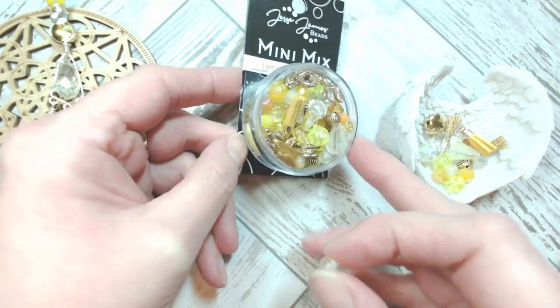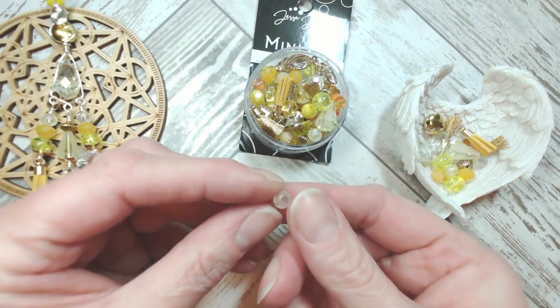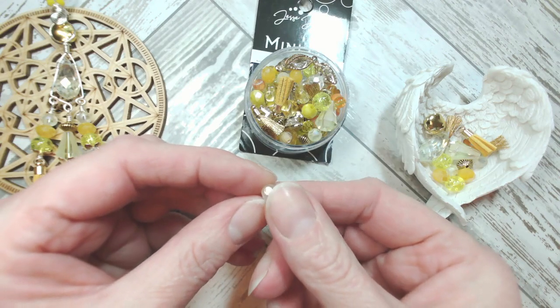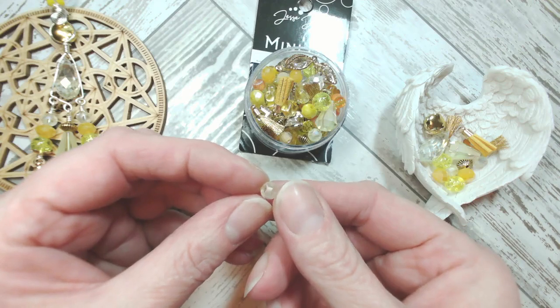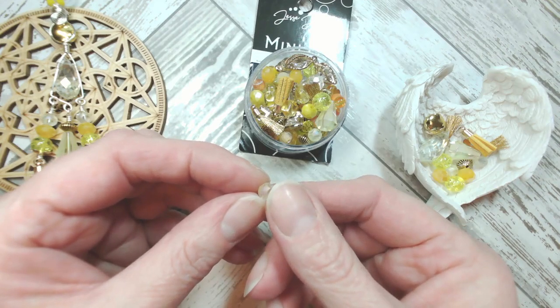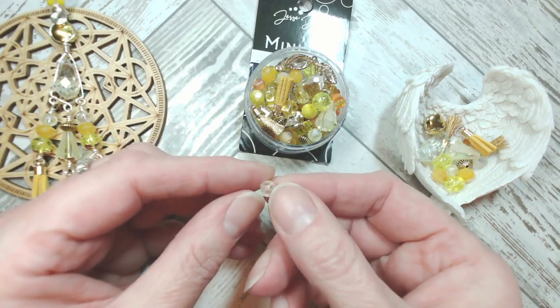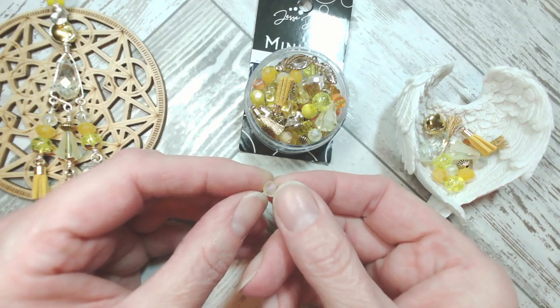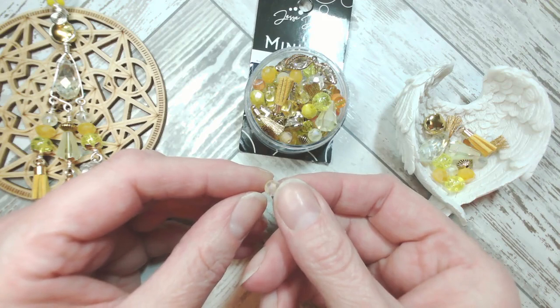I particularly enjoy from this mix, and I know it's very, very small and tiny, but these beads, which are part polish, part faceted, and on those facets, you've got a very, very high polish. And then on the non-faceted zones, you've got a buff finish. But not only do you have these two textures on the one bead, you've also got an iridescent nature. Hopefully you can see that little bit of peacock or AB shimmer over the top, a little bit like an